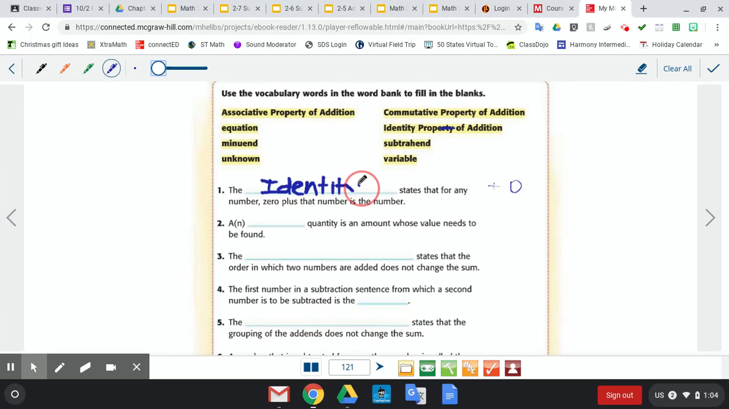Okay, I bet you're already done writing identity property of addition. Good job. All right, next up,